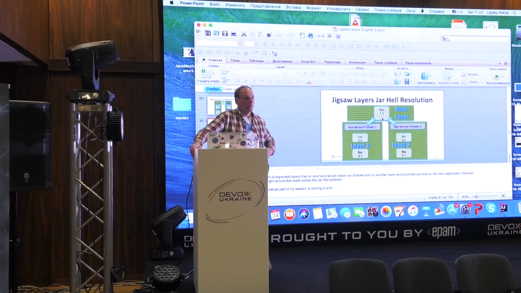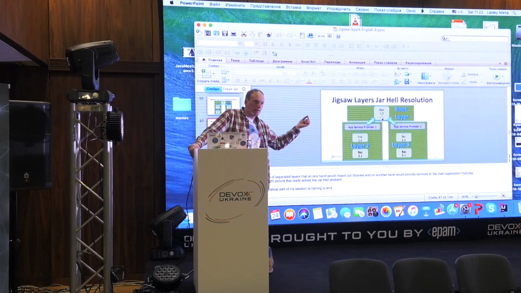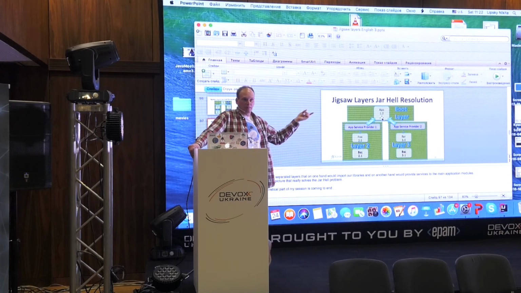If service provider 1 brings class A to the application under some public interface, and provider 2 does the same under the same interface and same class, it is not a problem, because now we have the only type, which is the interface, that doesn't lead to any problems. Yeah, it's compile time, but at runtime, it's two instances of different classes with the same name. But it's not a problem, because if you don't use it as an instance of a concrete class, you won't have any problems at runtime as well.